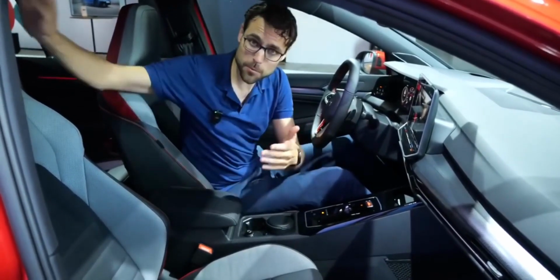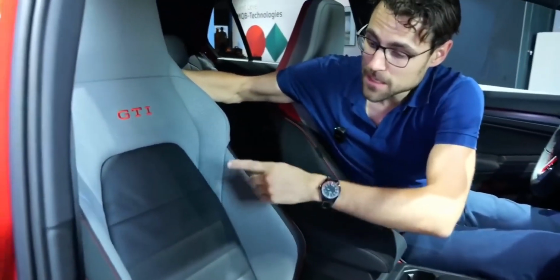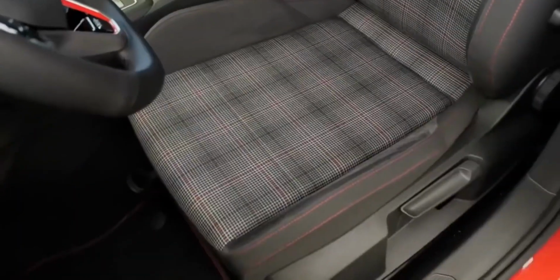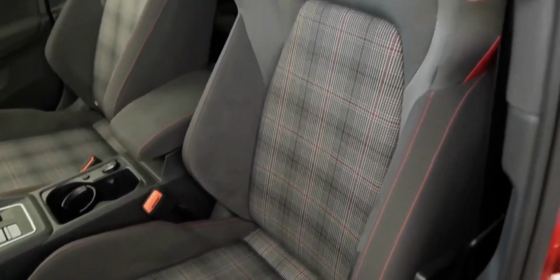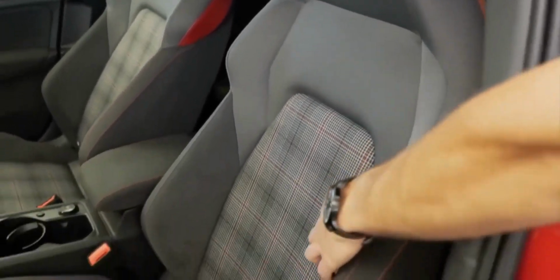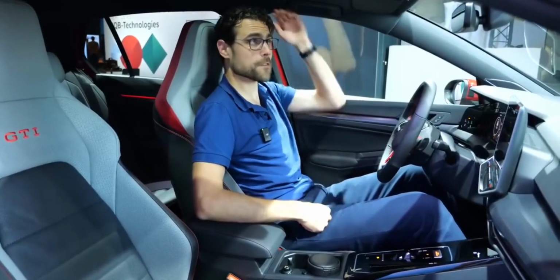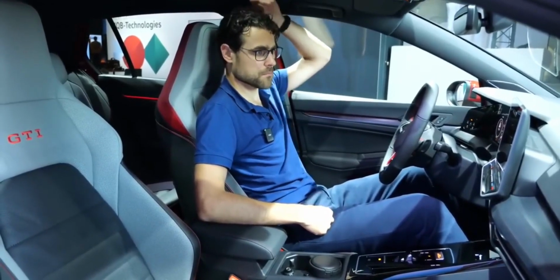The GTI comes with these sports seats with integrated head restraints. This is here the optional animal skin pack. Better, more comfortable and more breathable would be just a standard one with fabric on the inside and some microfiber accentuations. The overall form is good, really good comfort, and also here...